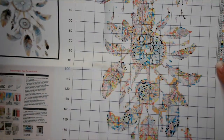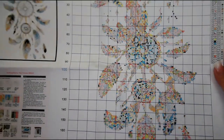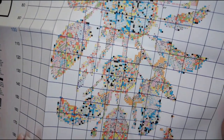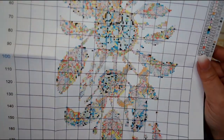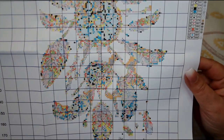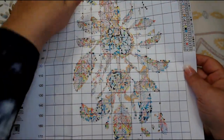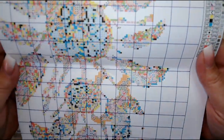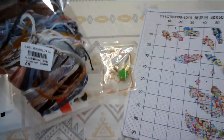So these kits are perfect for brand new stitchers who've never done cross stitch before. But I don't know, I don't think I would. I think a beginner cross stitch would be something that has more color blocking instead of all this confetti, when you've got a little teeny bit in here. But let's look at that pattern itself, or the canvas, and